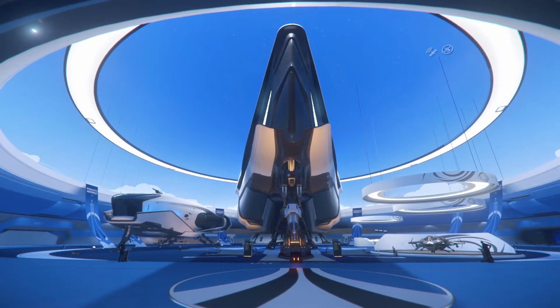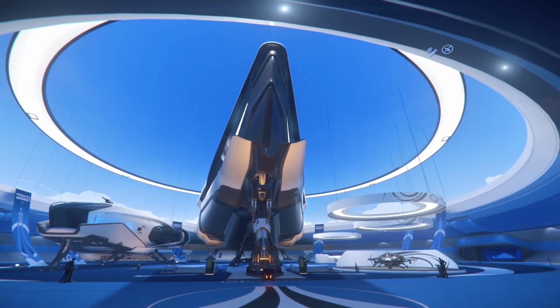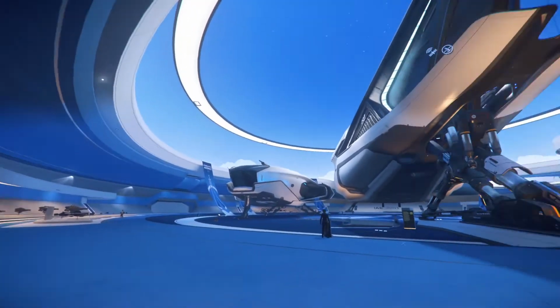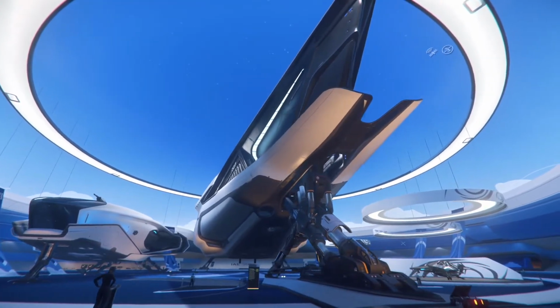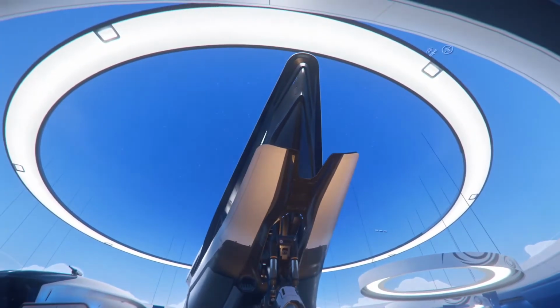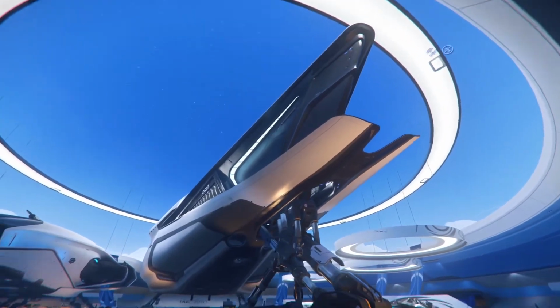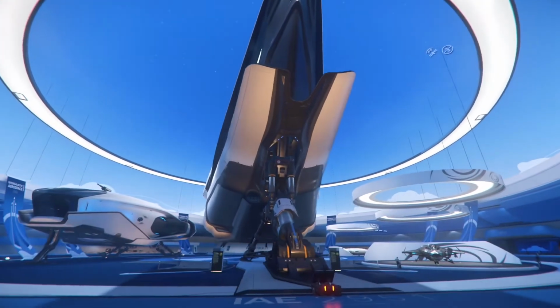Here we are, showroom floor of IAE Day 6 at the Tobin Expo Center, Origin Jumpworks Manufacturing. Origin is a company that produces luxury and touring and high-performance spacecraft and vehicles. As we can see here by the opposing wedge shape here,